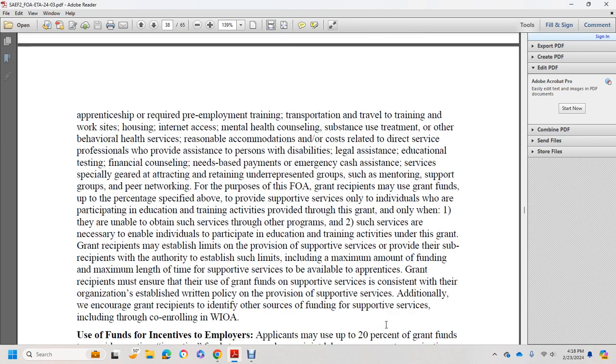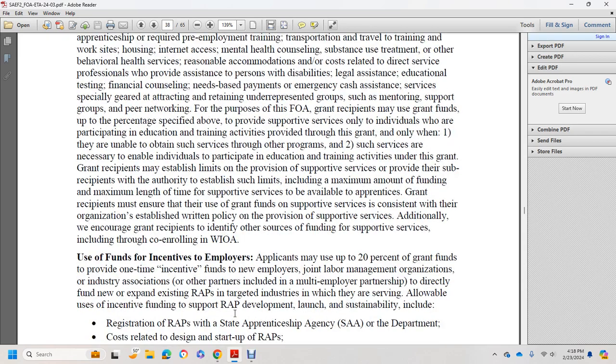Further, the recipients must assure that the use of grant funds for support services is consistent with their organizationally established written policy on the provision of support services. Additionally, we encourage grant recipients to identify other sources of funding for support services, including through co-enrolling in WIOA. Using funds for incentives, the employers or applicants may use up to 20% of the grant funds to provide